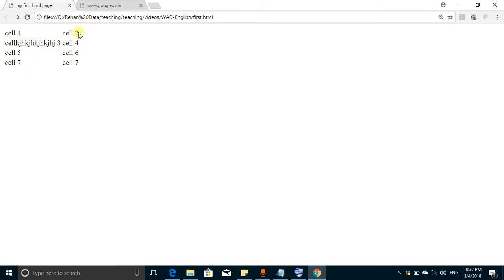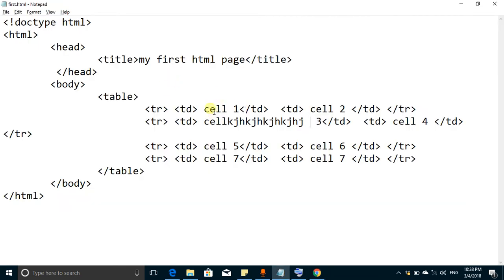So this is very important if you want to tabulate something, but if you want to show the border, you can add the attribute of border inside the table tag. Although tables are not so much used these days, because after the introduction of the div tag, we prefer div over tables. But for the information, you must know about tables, and if you want to tabulate something, you can use the table tag. For border, you can use the border attribute. Say I say the border width should be 1 pixel,